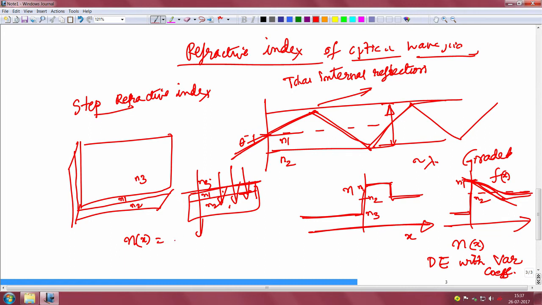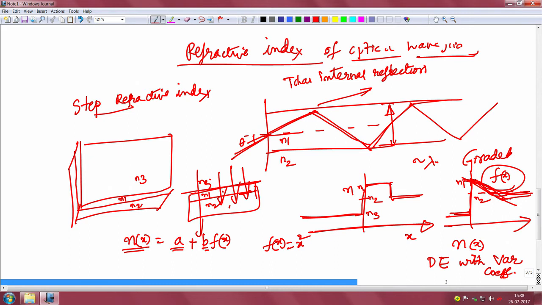For example, we can fit a curve, which can be obtained by this function f of x, from the experimental measurements of the diffusion process. We can use a function of the form a plus b into f of x. For example, f of x could be a function of x square. So, given a configuration or variation like this, we can find out the values of a and b to find out how the refractive index actually varies with